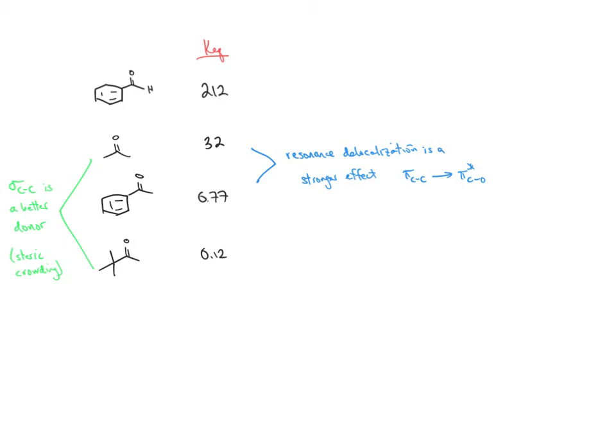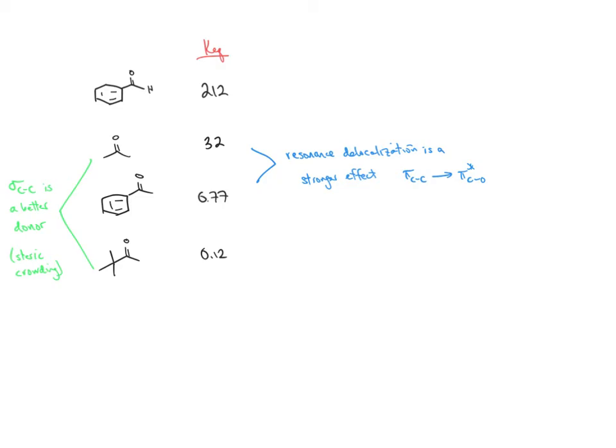Okay, and so again, if we're looking at the differences between these, we notice that the aldehyde is going to have the highest Keq because it doesn't have that sigma donation as much. It doesn't have the